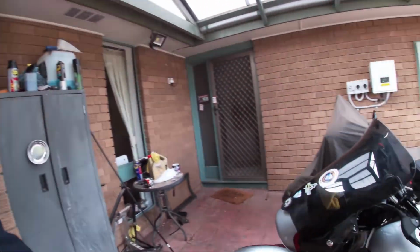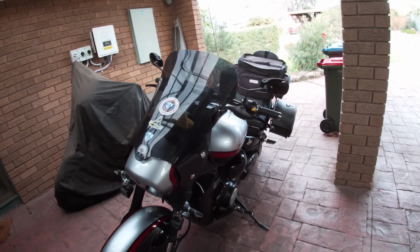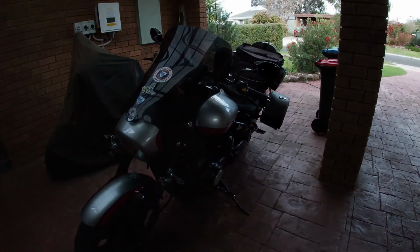But yeah, so that's my Boulevard. It's a great bike. Like I say, I use it every day, and it's a pleasure to ride. Seating position's perfect. The whole riding position's perfect. Everything's in the right place. The only thing